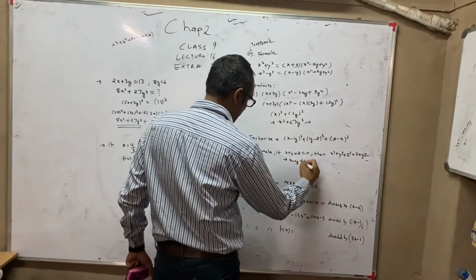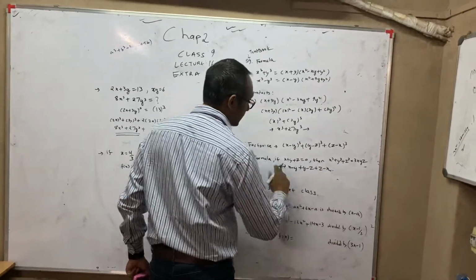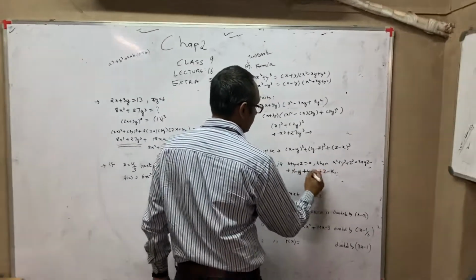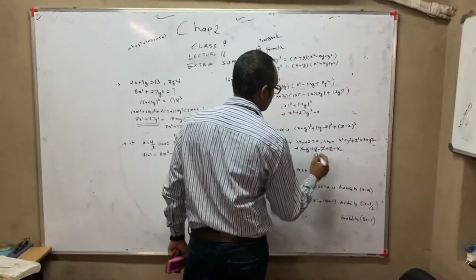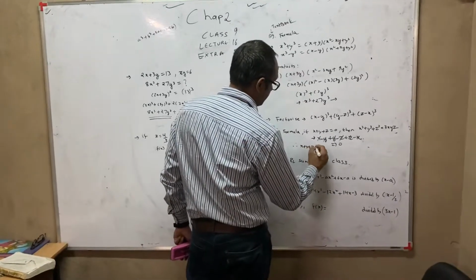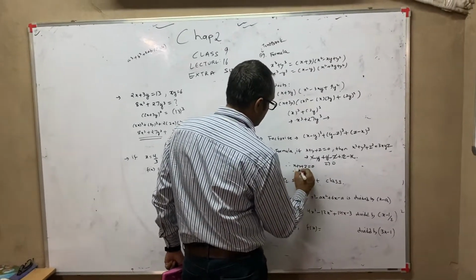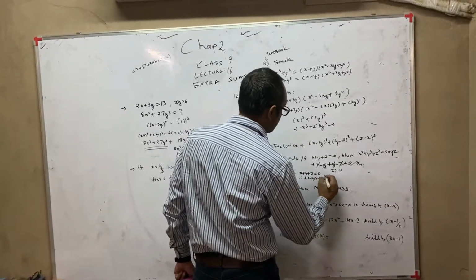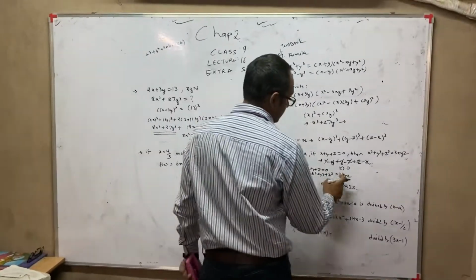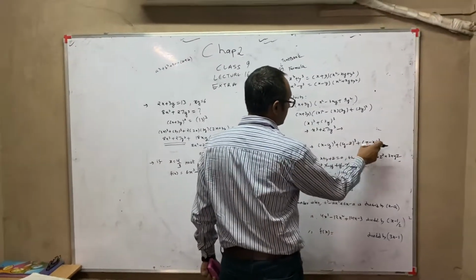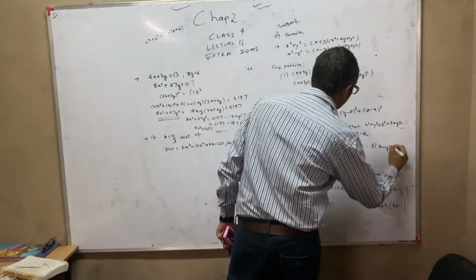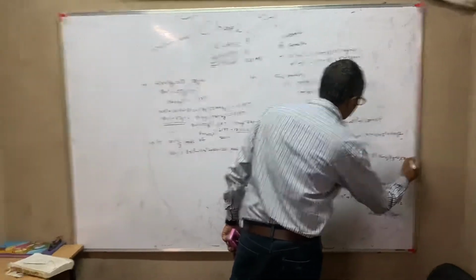x minus y plus y minus z plus z minus x, and check whether their addition is 0. If you see plus x minus y plus y minus z plus z, their addition is 0. Therefore, you have to write x plus y plus z is equal to 0. Therefore, x cube plus y cube plus z cube is equal to 3xyz. And here our x, y and z are this term and this term. So, last step, therefore, 3 into x minus y into y minus z into z minus x.